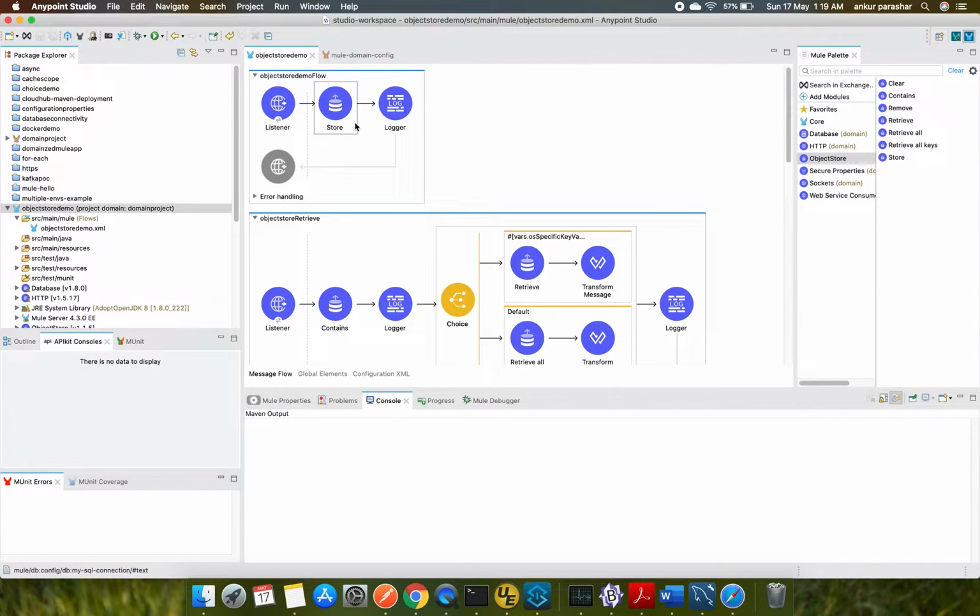Okay, so let's see what all operations are available. Object store gives the store operation, that stores the given value using the given key. All of the values are in the form of key value pairs. So this is used to store the value. After that we have contains. It returns whether a key is present or not. It is a boolean sort of response, true or false. After that, retrieve, if you want to retrieve the value of a specific key, and retrieve all. It gives all the key value pairs within the object store,